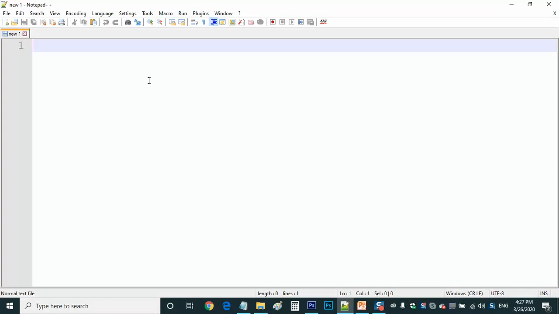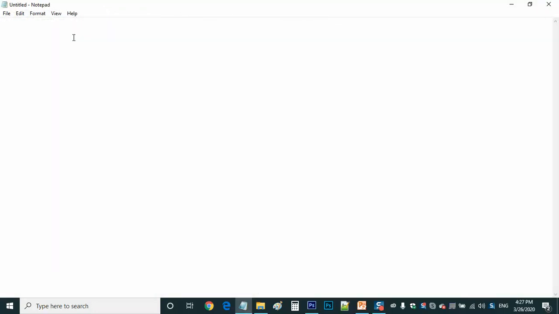You can download Notepad++ from the internet, and I'll show you how to download it at the end of the tutorial. First of all, let us concentrate on using Notepad, because you will have Notepad installed by default in your Windows. So let me start a simple web page here, and I am going to write my HTML tags here.